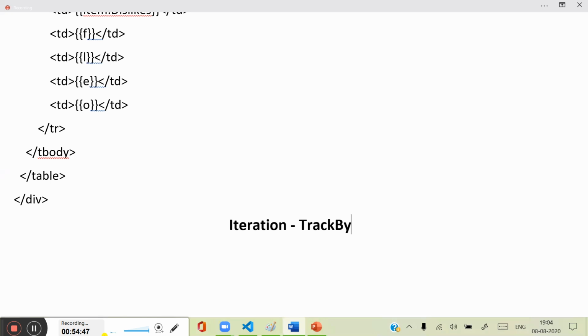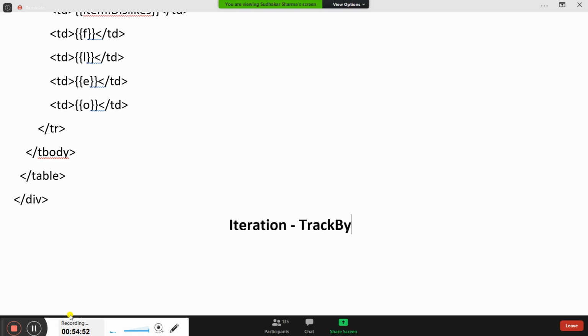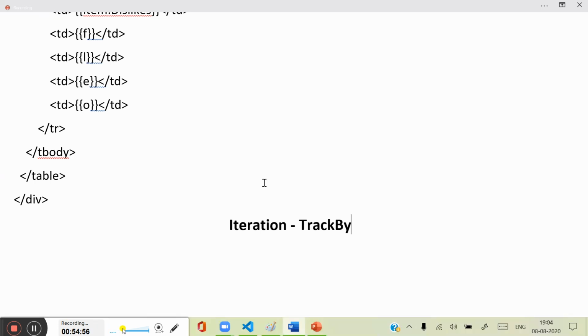That we'll see in the next session, on Monday. On Monday, we will design one more big example for this so that we can get clarity on what this trackBy is and how it works, right? Then we can continue with other options on